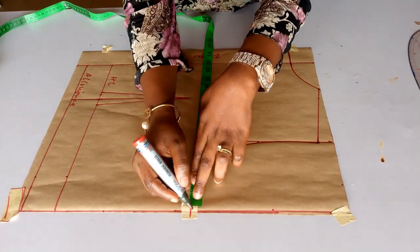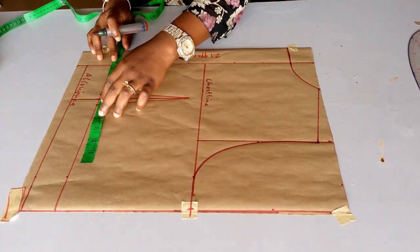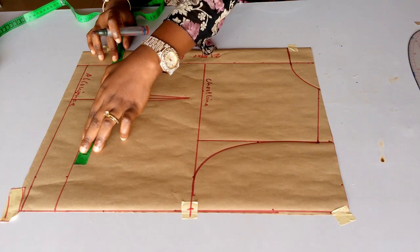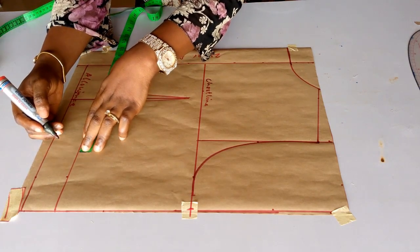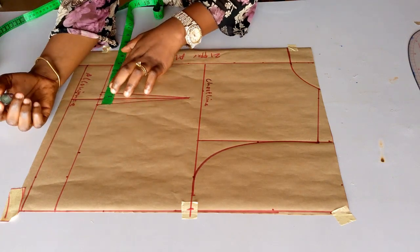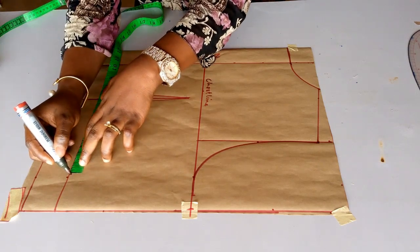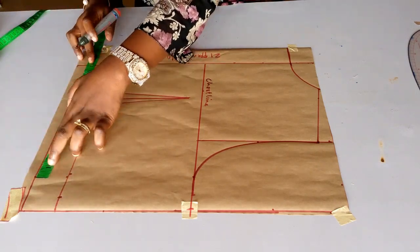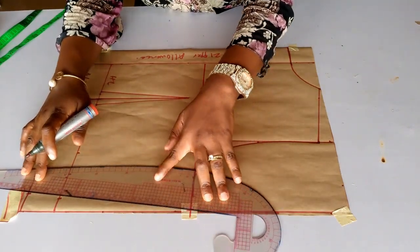My bust measurement divided by 4 is 11 plus an extra 1.5 inches for my seam allowance. So I will go ahead to my waistline, and I'm going to divide my waist by 4, and I'm going to add my darts, and I will replace my darts there. So I'm going to replace my darts, and that's 1 inch plus an extra 1.5 inches allowance. So after that, I will go ahead and mark out my points, and that will be all for the back